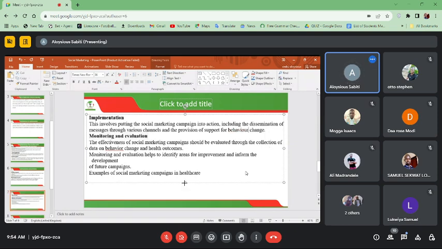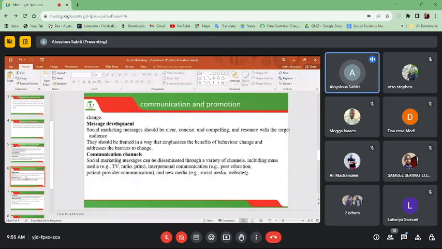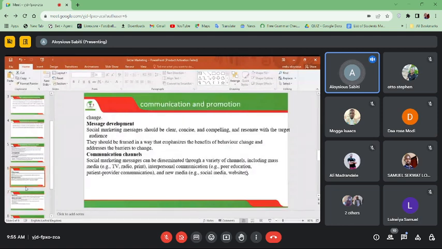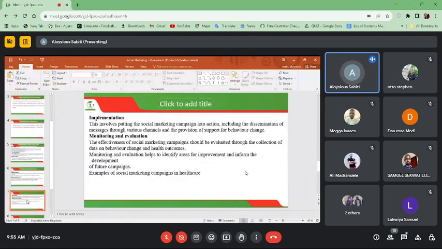So, after you've done all these strategies, you've had your audience segmented, you've done the research about them, you've developed your information, you've chosen your communication channels, you will have to now implement this activity. And it includes this dissemination of messages through various channels, including